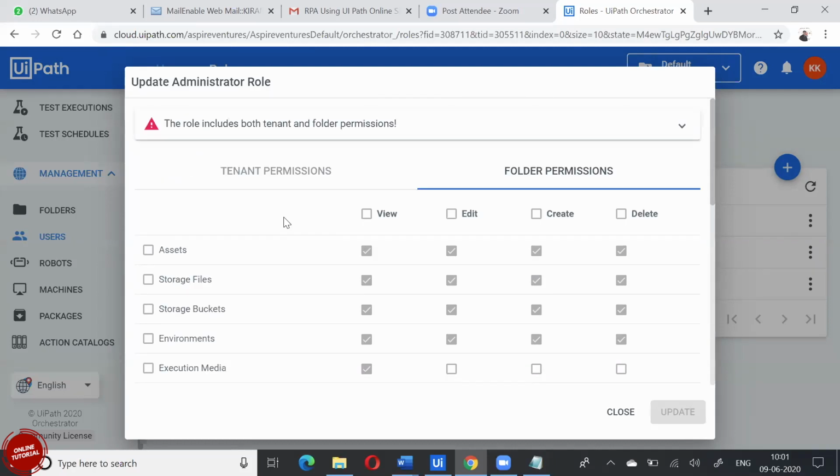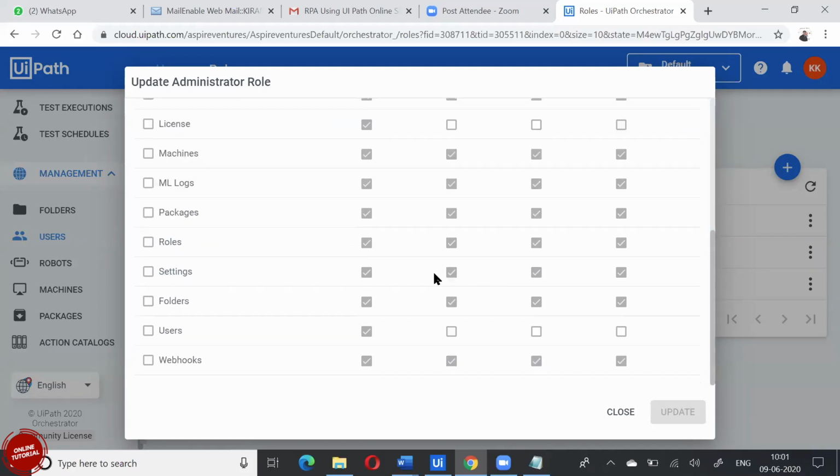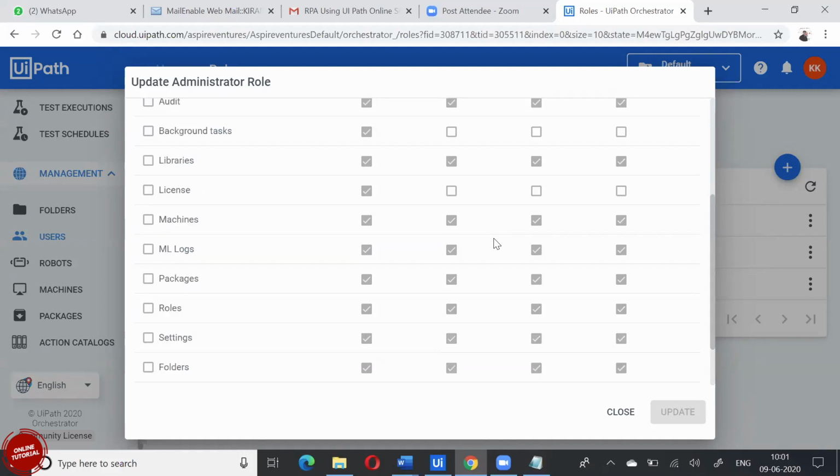So not everybody has these permissions. This is only specific to your admins. By default, you as an individual user are an admin. Now suppose somebody joins your team, you can uncheck all these flags that you don't want them to have permission for.